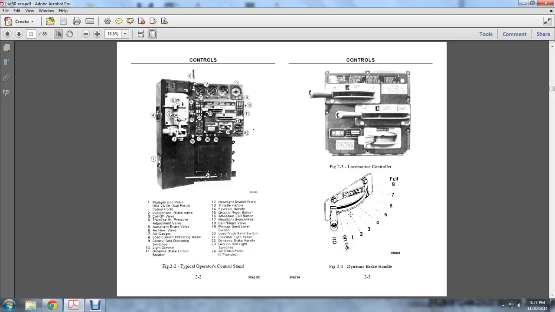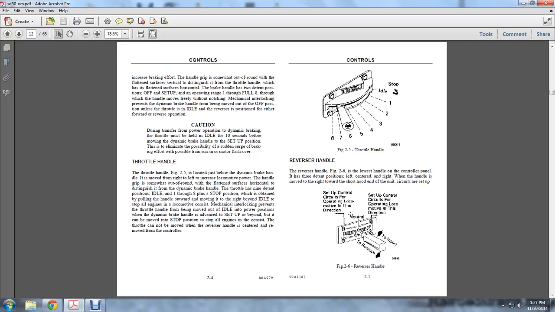2.3 is a locomotive controller, and 2.4 shows the dynamic brake handle, which has setup and 8 notches increasing the braking effort. The handle grip is somewhat out of round with flattened surfaces, vertical, to distinguish it from the throttle handle, which is flattened on the horizontal surface. The brake handle has positions from off to setup, with operating ranges 1 through a full 8, through which the handle moves freely through